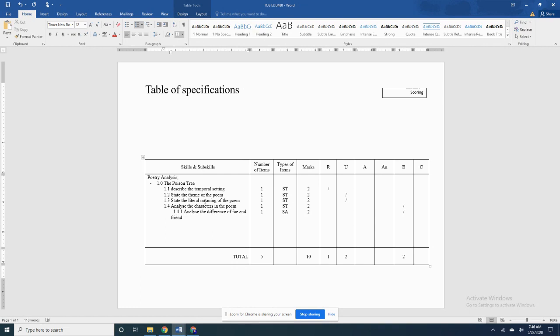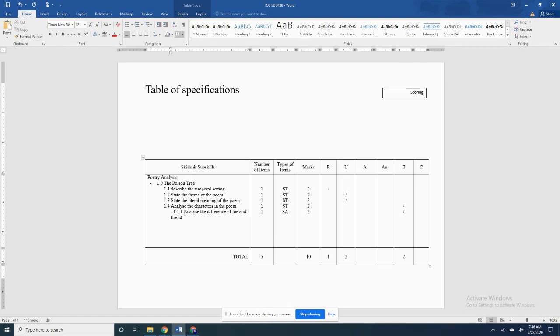Okay. State the theme of the poem, state the literal meaning of the poem. The rest is okay. So if you were to look at this, it does appear that these questions are of increasing levels of complexity from the simplest cognitive process to HOTS analysis. Okay, so let me just comment this while I'm looking at this now.